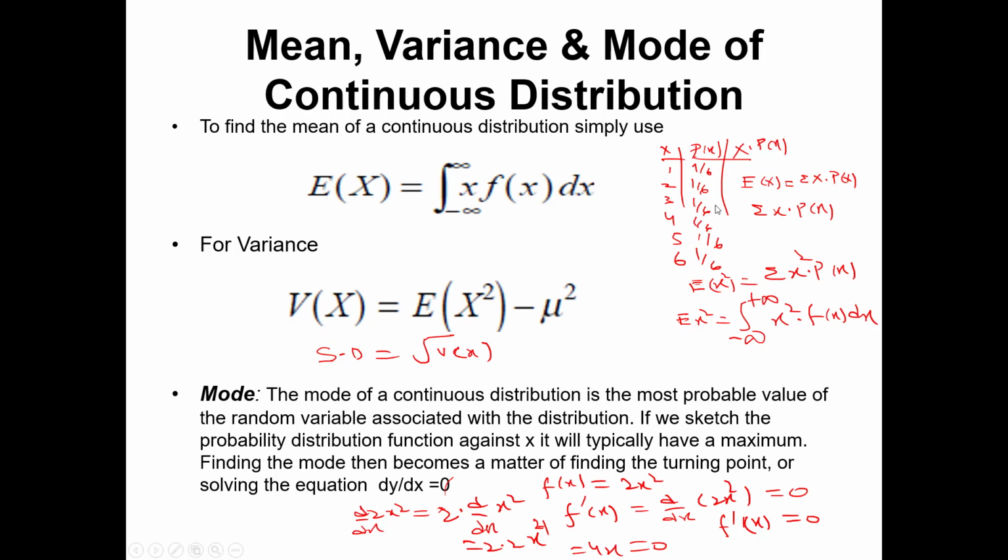As an example, when we throw a die, we will get these numbers. Maybe the number up will be 1, maybe 2, maybe 3, maybe 4, 5 or 6, and their respective probabilities are: if you throw a die and get 1, the probability will be 1 by 6. Similarly, for each possible outcome, the probability will be 1 by 6.